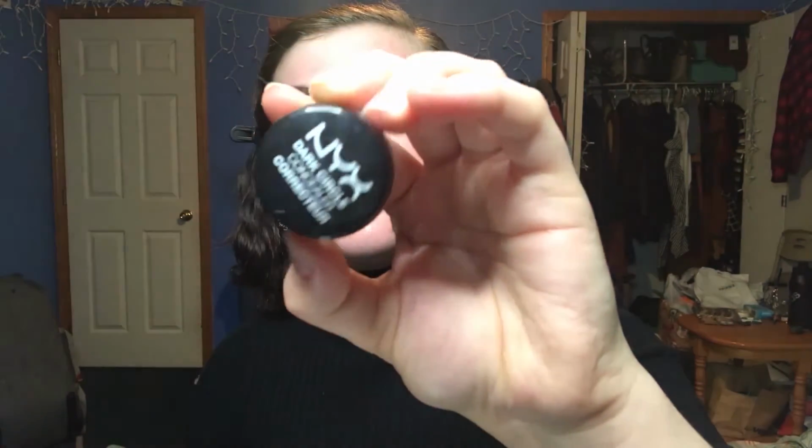You spray it before you put your foundation on. I don't really know if I believe in priming sprays and setting sprays and all that, but I mean, they feel nice. The priming spray feels nice, but I don't really know if it does anything besides hydrate my skin. So I'm using the NYX Dark Circle Concealer in Fair under my eyes just to color